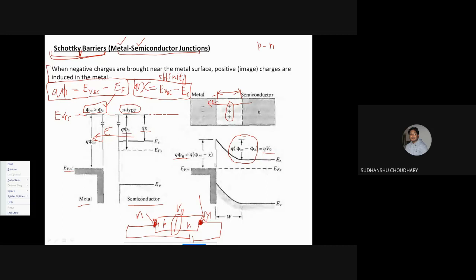So instead of Schottky contacts, we want another type of contacts, which are called ohmic contacts. We don't want Schottky contacts, but we want ohmic contacts, which have no resistance. That is, no barrier. This barrier is actually a resistance, right? If I have an ohmic contact, I'll have no barrier of this kind. There is no resistance at this point. So it is desirable to have ohmic contacts and not Schottky contacts.